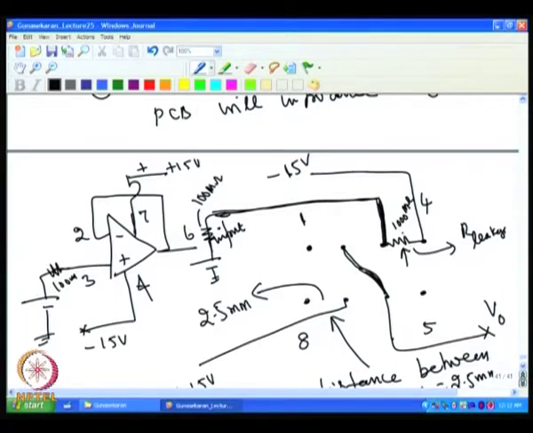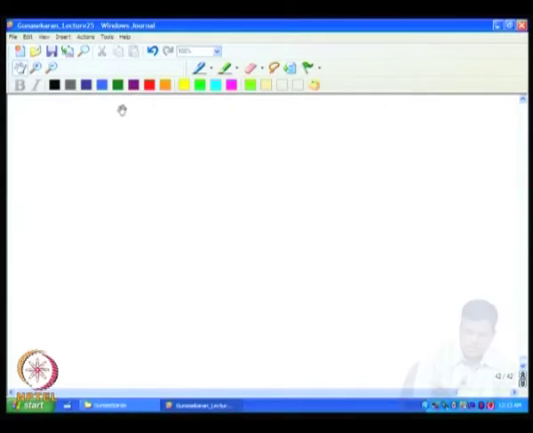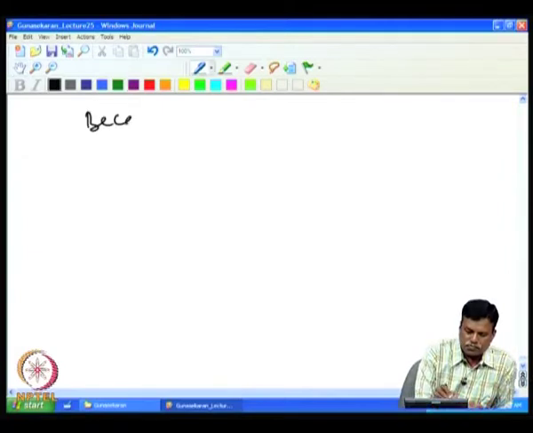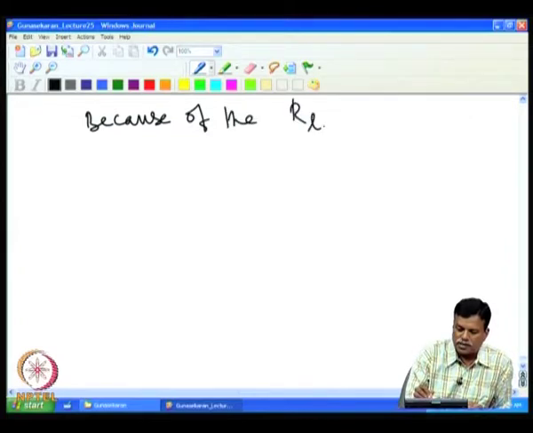This 1000 megohm, if I draw the equivalent circuit, is actually here. So, you get this minus 15 volt applied to the plus input through this 1000 megohm, and then it is divided between this 1000 megohm and 100 megohm. So, the voltage at the plus input terminal would be, because of this leakage resistance, because of the R leakage,